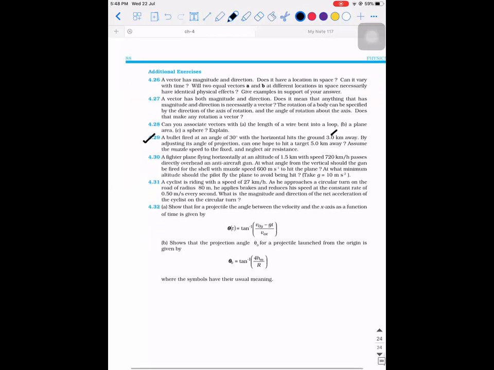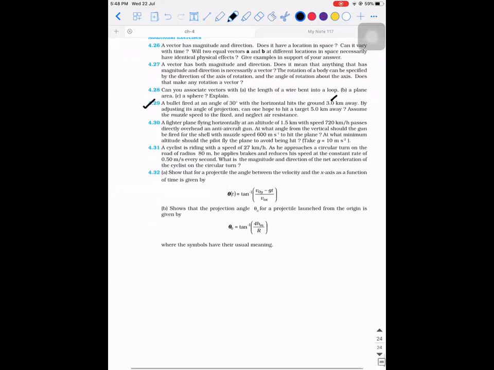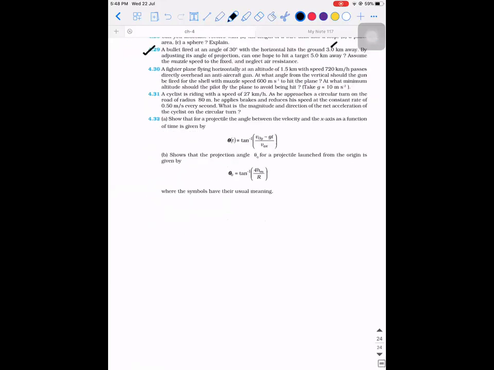Okay, that's what they're asking. So how to do this is, with the first information, let's process. Question number is 4.29. What is the given data for case 1? Theta is given. How much is theta? 30 degrees. Okay. Next, what is the range that is given? 3 kilometers, that is 3000 meters.